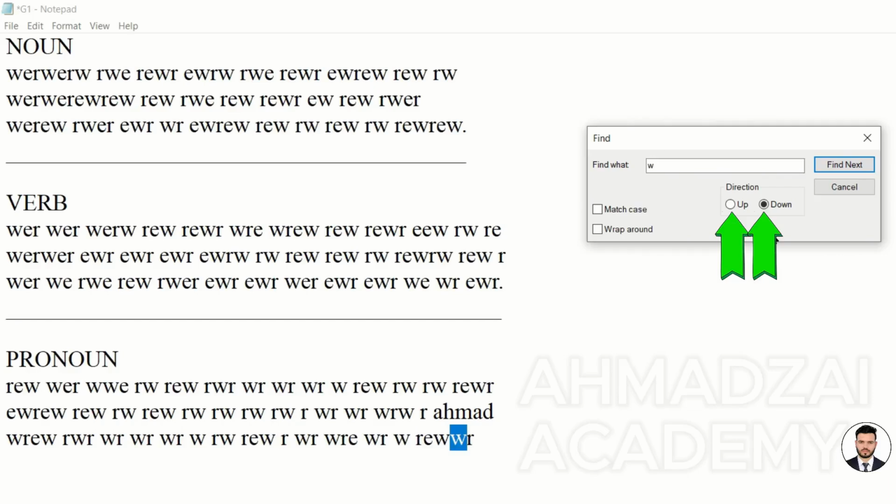But instead of choosing up or down every time, we can select it like this. Wrap around, meaning what does it do automatically? It repeats automatically. When it comes here, let's say it searches up to this part. It automatically starts from the beginning, and there's no need for it to tell us there's no more W downwards, so I have to select up again. It keeps going down, down, down. When it reaches the end, it starts again from the beginning, if wrap around is enabled.